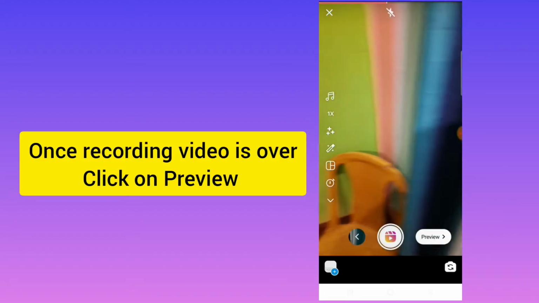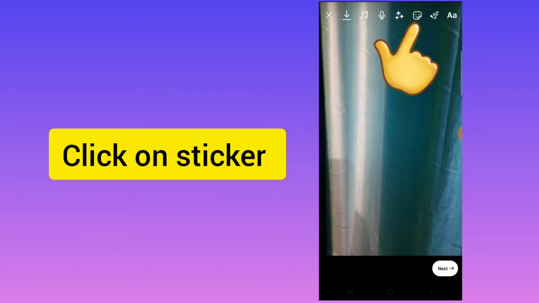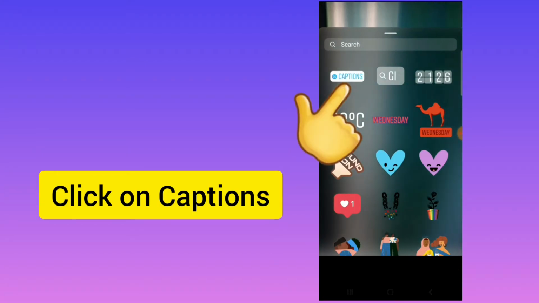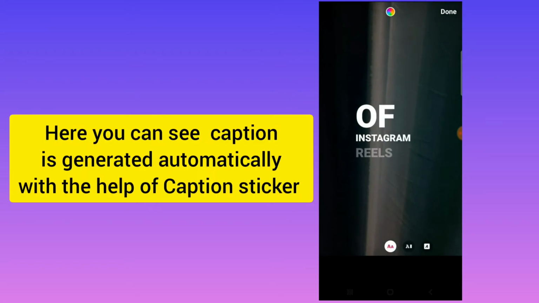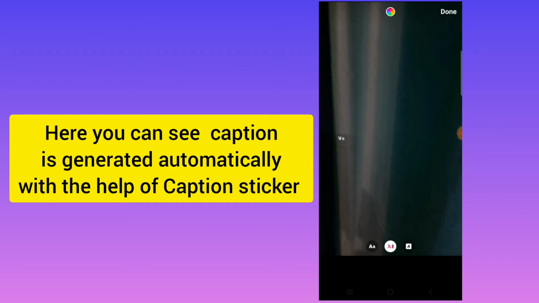Now after this, you need to click on preview. So now we will click on this sticker icon on the top. You can see, just click on this one and click on captions. So once you click on captions, it will automatically detect the text whatever you are speaking in this video, and